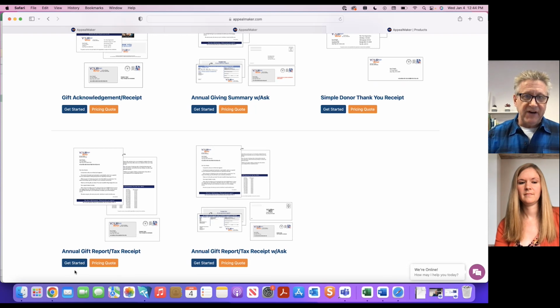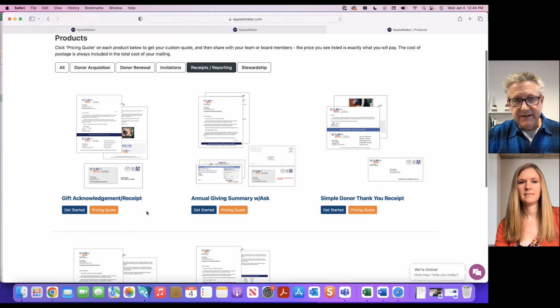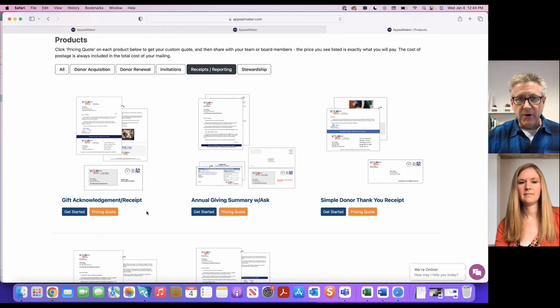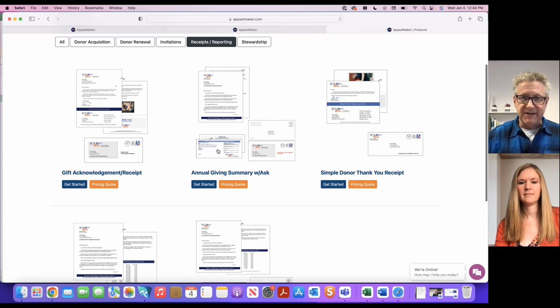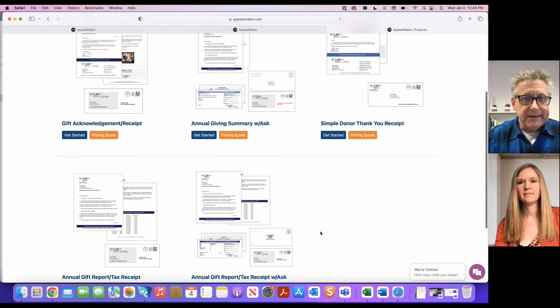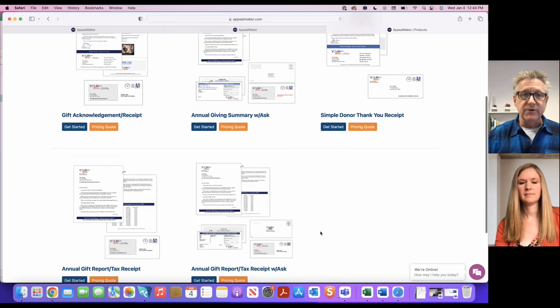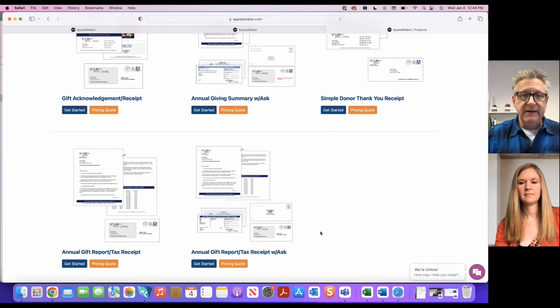What you see is 5 different products that are different formats for sending a receipt. Some have an ask, some don't. Some are simple. Some allow you a little bit more room for writing a letter. But there's lots of options. Within each product and within each component, you will also have some options that we will show you as we go along. So I think we're going to start with